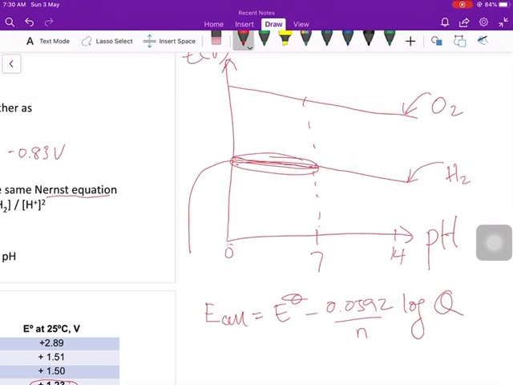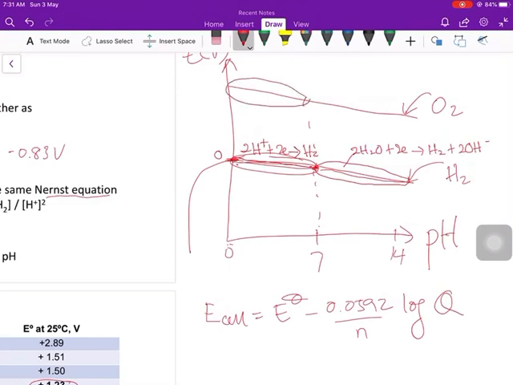For this slope from 0 to 7, this reaction is based on hydrogen evolution without oxygen in acidic, starting at 0 volt. And from 7 to 14, water accepts 2 electrons. This is the reduction of water to hydrogen gas, producing the byproduct hydroxide. This is the neutral to alkaline condition.